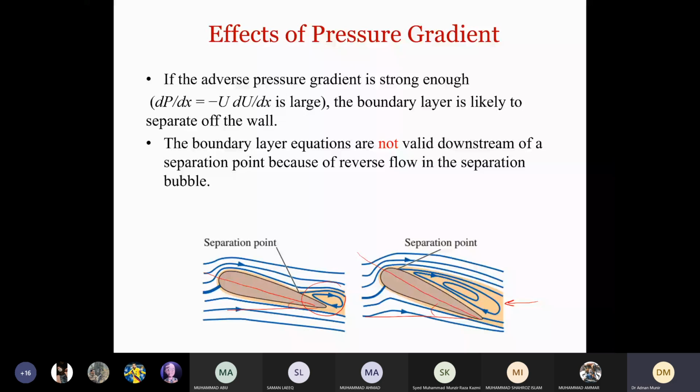And then another interesting thing that we have in case of aircraft is that if we increase this angle of attack, which is also called alpha, sometimes denoted by AOA, angle of attack, beyond a critical value of alpha, we will have stall condition. In stall condition, even if we increase the alpha beyond this critical value, it will not result in lift increase, it will cause the lift to decrease.